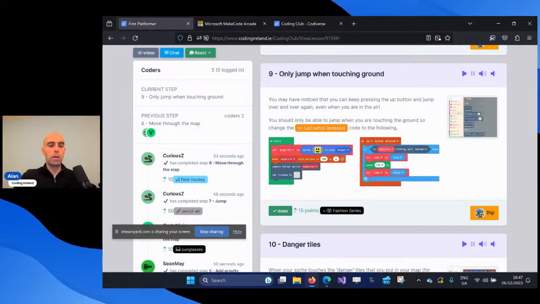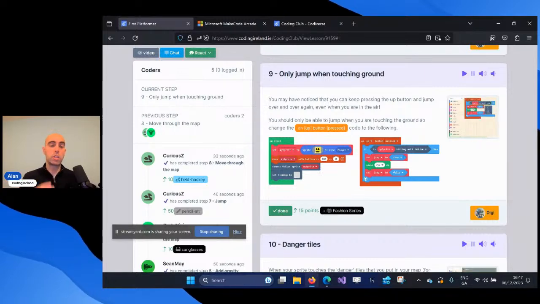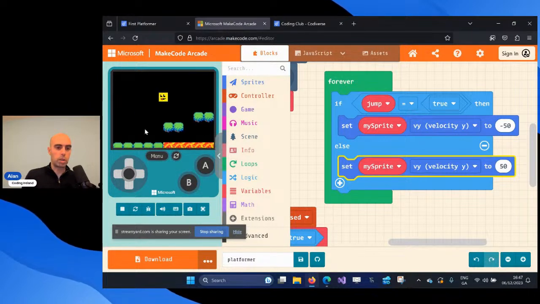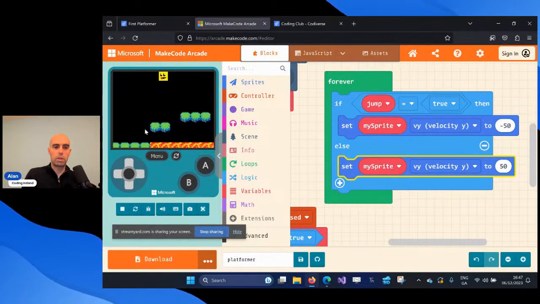Okay, so I'm now going to move on to step number 9. So as I said, at the moment, you can actually double jump. Let me show you. I'm going to switch across to here. So I did my up arrow. So when I press up, it jumps up and down. But watch when I press it twice, I can just keep on pressing it and I can stay up in the air